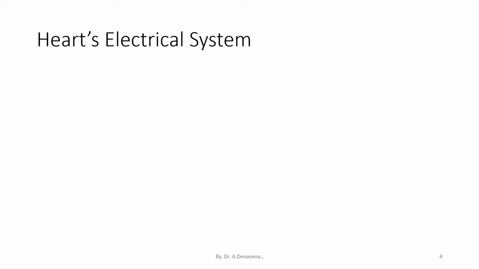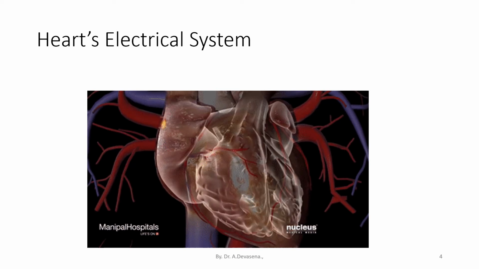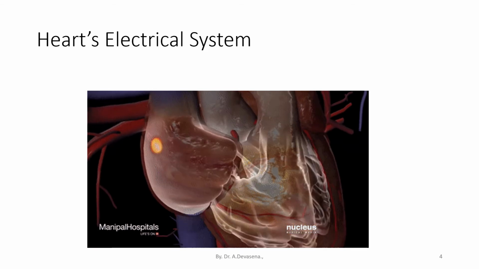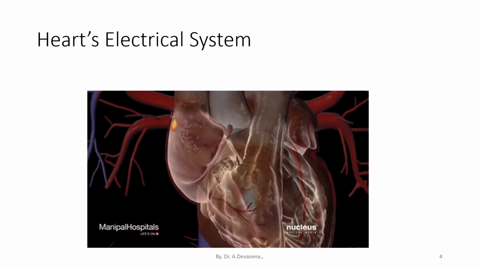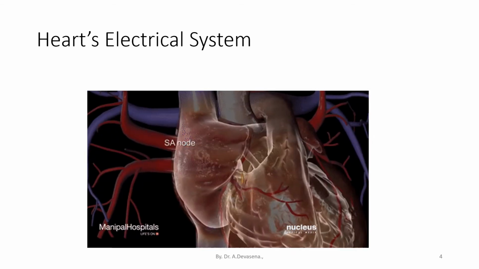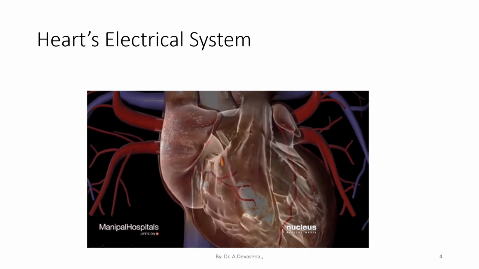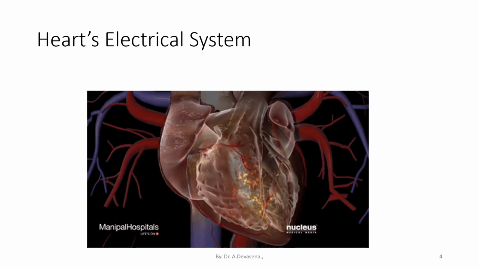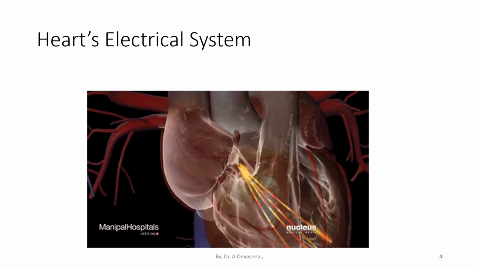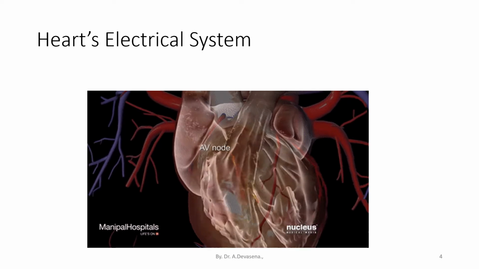The heart's electrical system is represented here. The pulses are generated at the sinoatrial node. The generated impulses pass through other parts of the heart in this diagram. Here we are seeing the electrical system inside the heart. The pulses start from the SA node and pass through the AV node, and from the AV node they pass to other parts of the heart.